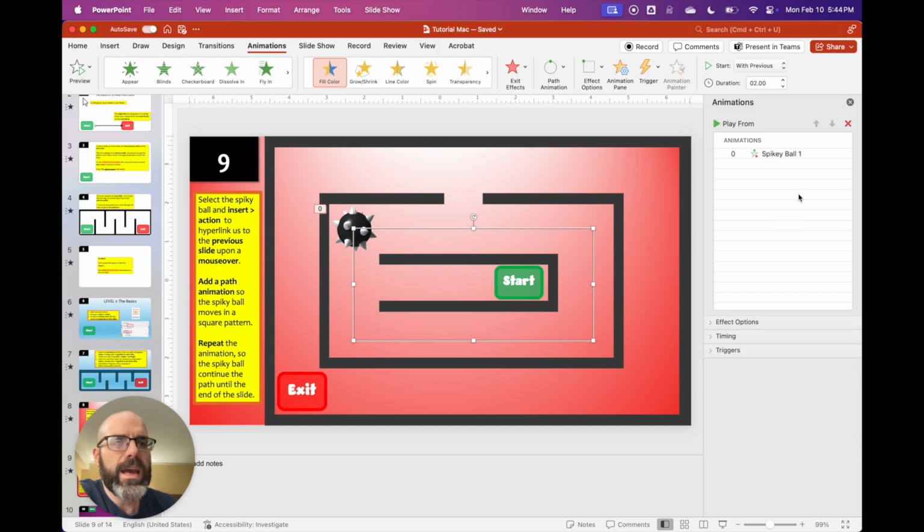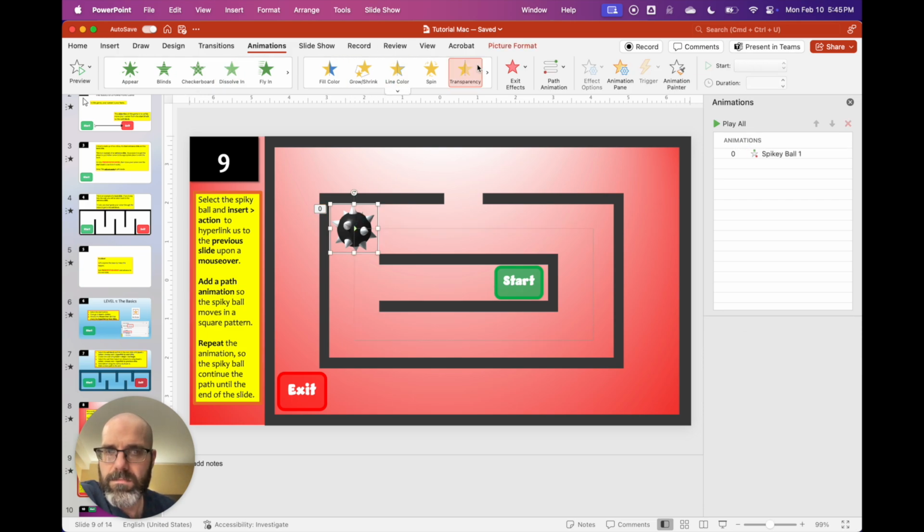Okay, so we have a path. Now let's add another animation. Let's click on that shape. Now you want to be careful here. If I have the animation selected in my animation pane, and then I click on another animation, it will delete my path. So what you want to do on a Mac is select the object and then add a new